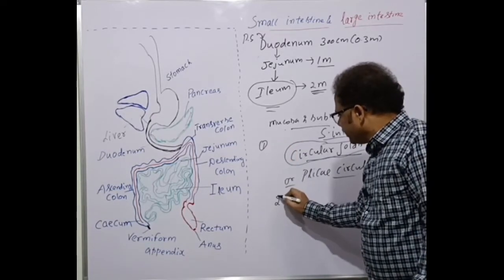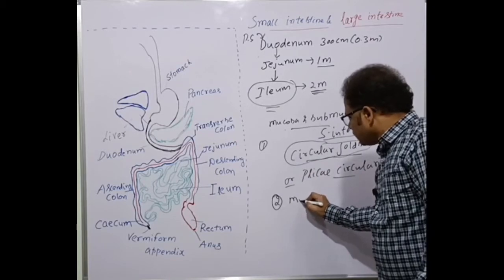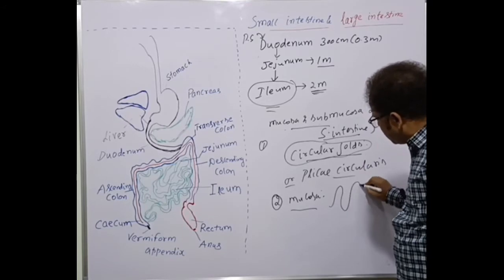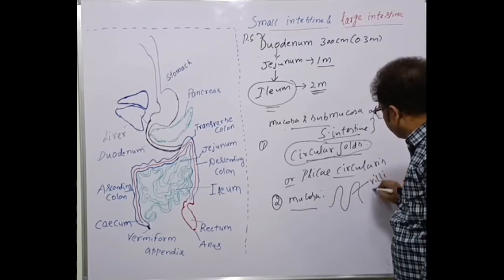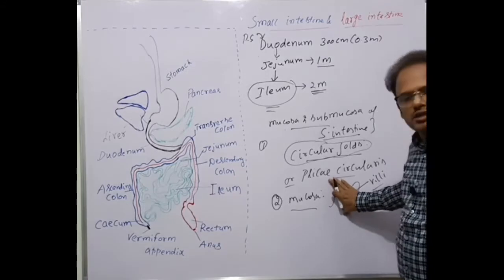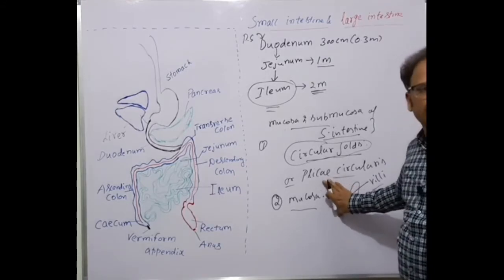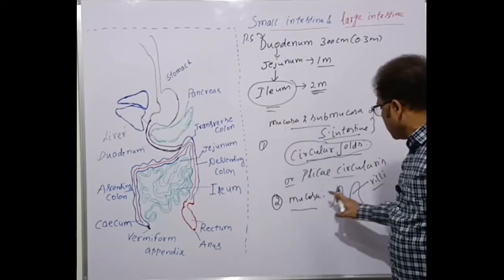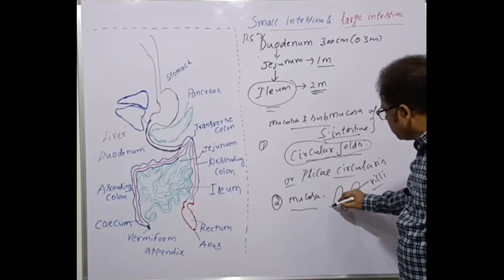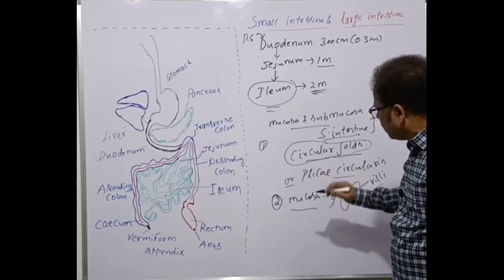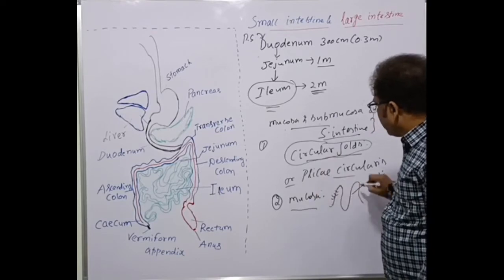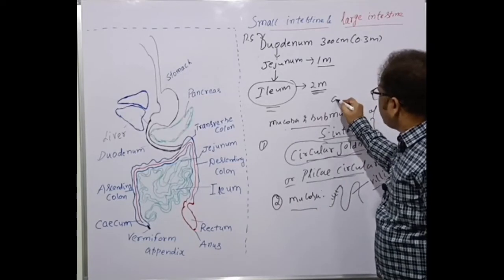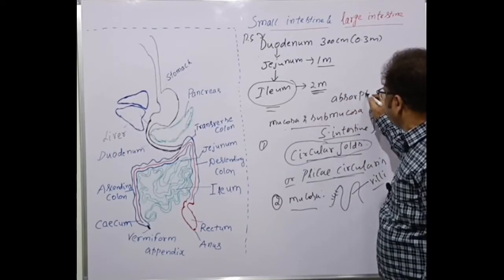The second point is the small intestine mucosa. The small intestine mucosa is thrown into finger-shaped structures called the villi. These will be discussed in the next lecture, on the histology of the wall of the alimentary canal, how the villi are formed. Just remember that the mucosa of the small intestine also forms microscopic structures called villi and microvilli. Microvilli, villi and the circular folds called plicae circularis enhance the area of absorption of the digested food.